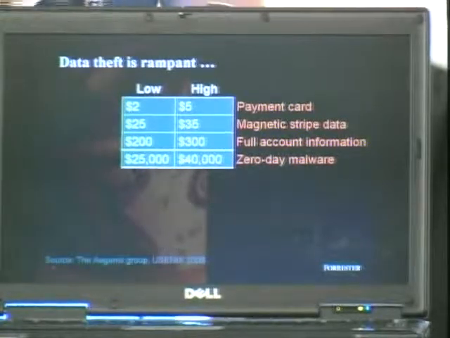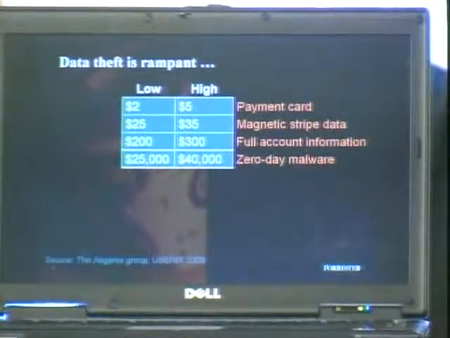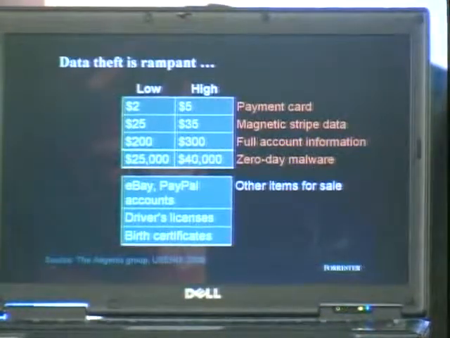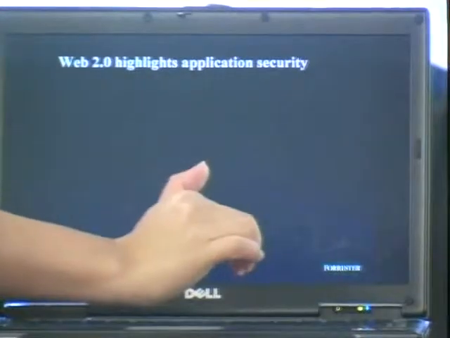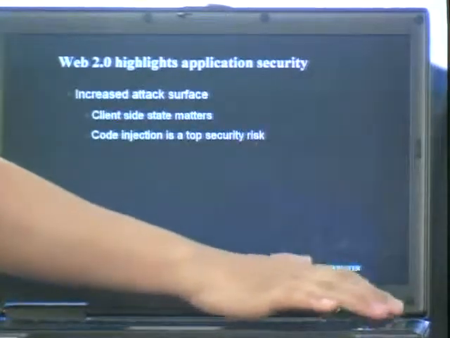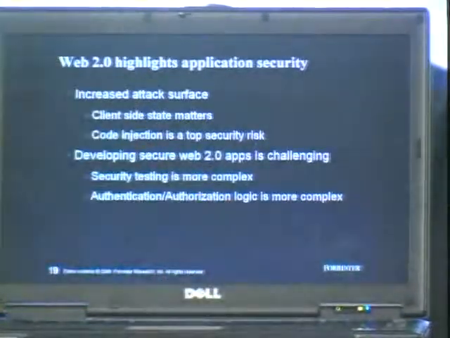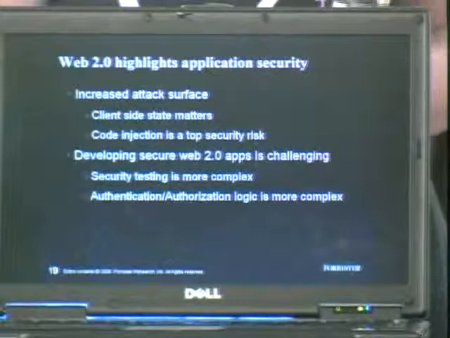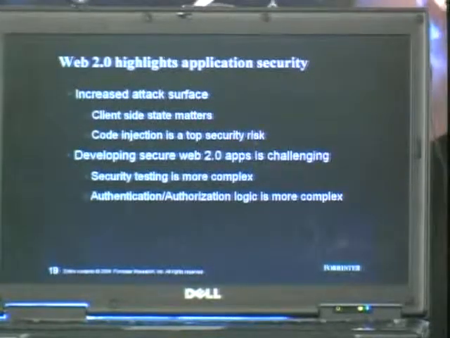Okay, so they are really in this for profit, and then there are a lot of things like an eBay account is up for sale, even credentials for online gaming sites like World of Warcraft are also up for sale as well. You can find those. So basically, this is talking about the high-level things of how that highlights application security, because of increased attack surface,